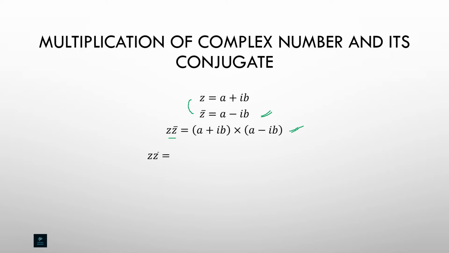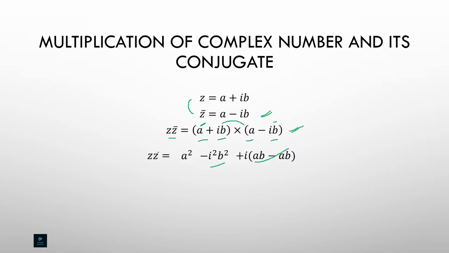That means z into z bar is equal to a square, the product of the real components, plus the product of the imaginary components, ib times minus ib, which is minus i square b square, plus i times ab minus ab. One ab comes from multiplication of this, the second ab comes from multiplication of this. Therefore, i times ab minus ab, this term is 0. Therefore, z into z bar is equal to a square minus i square b square,